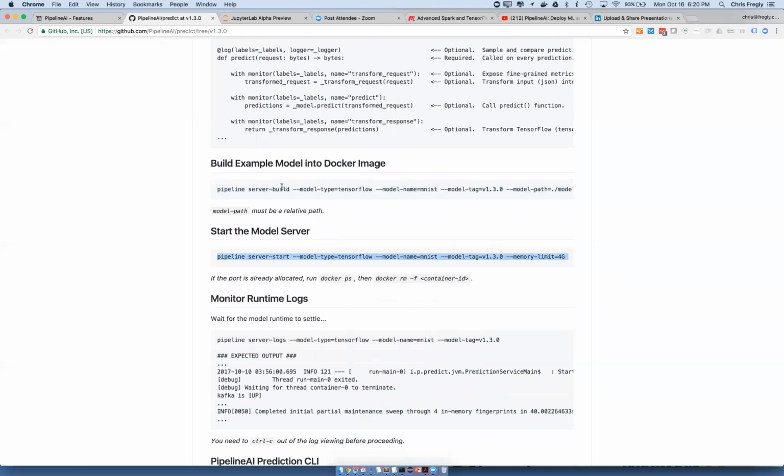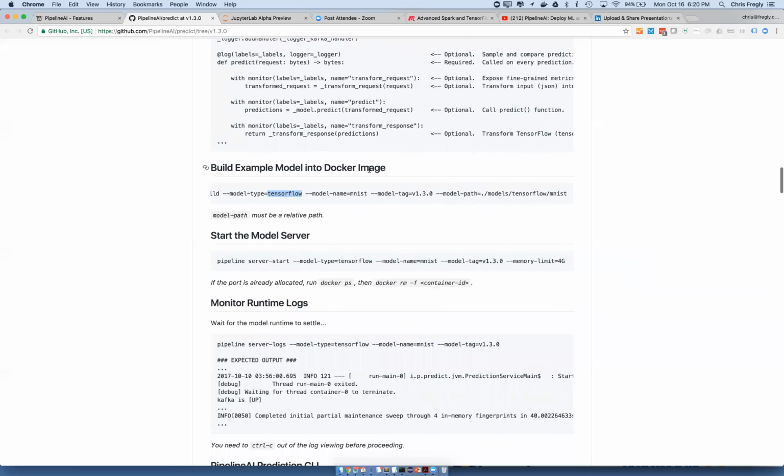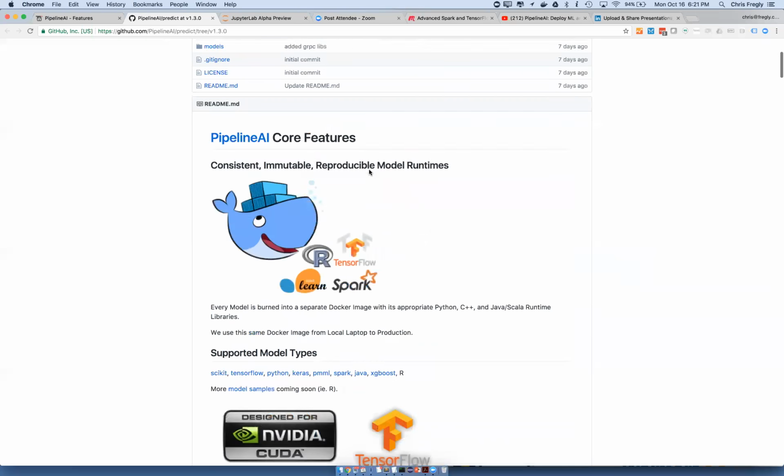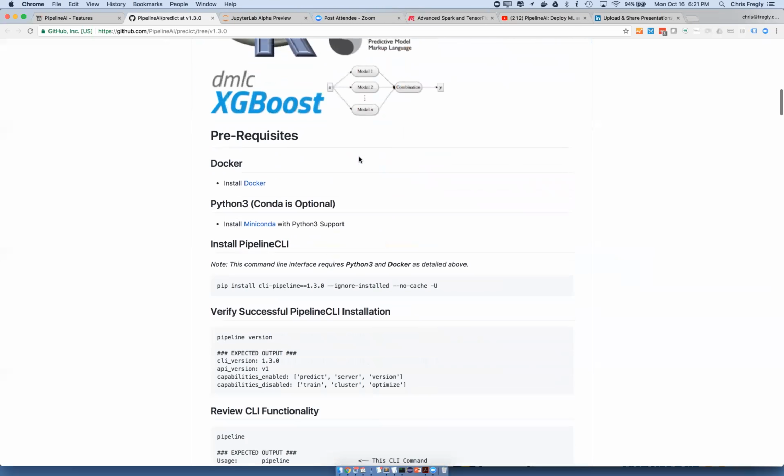So here's the general flow. You do server build, and you give it the type. Now, this type is actually the hint as to which runtime you should use. If this is TensorFlow, it's going to wrap it in TensorFlow Serving. If you put TensorRT in here, which we haven't released yet, it would then wrap it inside of NVIDIA TensorRT specifically for GPU. What else? Here's the model path, and all of this should be relative to this. If you clone this repo, which I believe is the very first step,